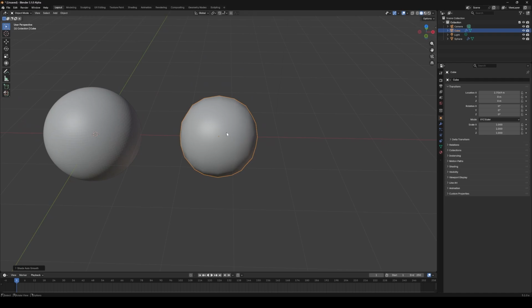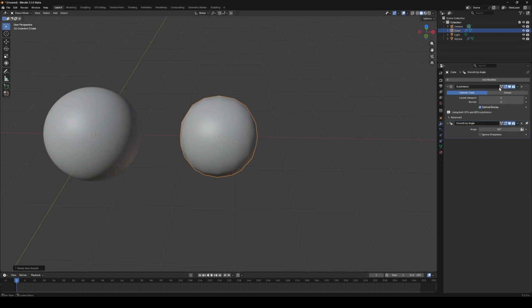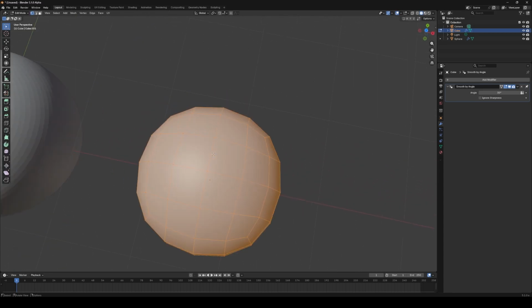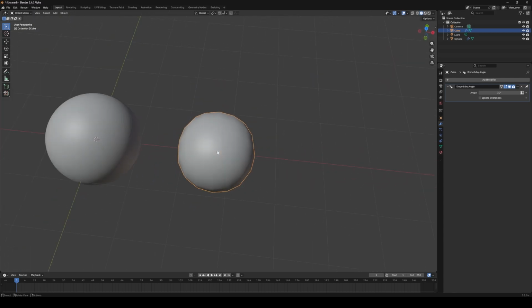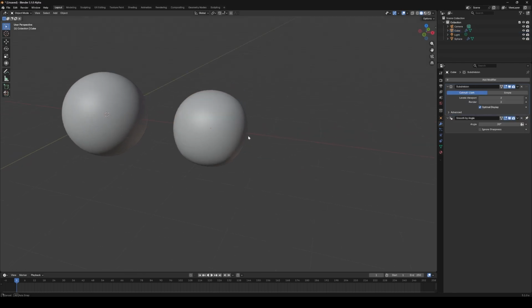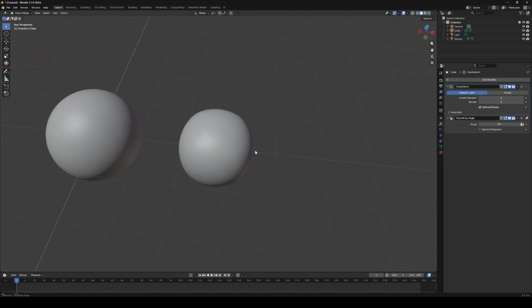If I apply the subdivision now and tab into edit mode, you can see it's a sphere, but everything is perfect quads, and it's much better to work with that than working with a sphere. So I try and stay away from it as much as possible. If you see these jagged lines here, don't worry. All we do is we just subdivide it again, and now you can see it looks much better than the